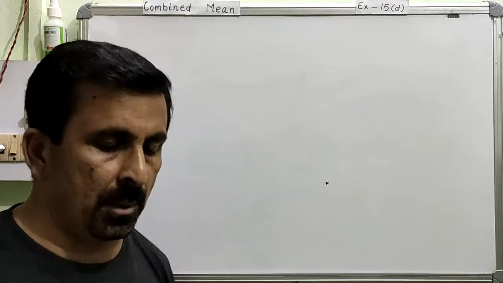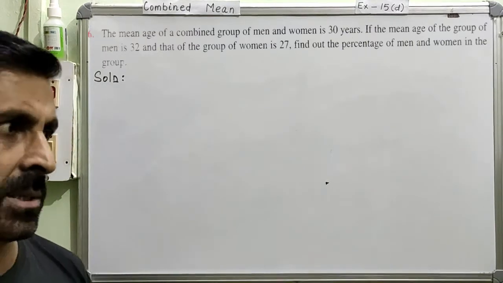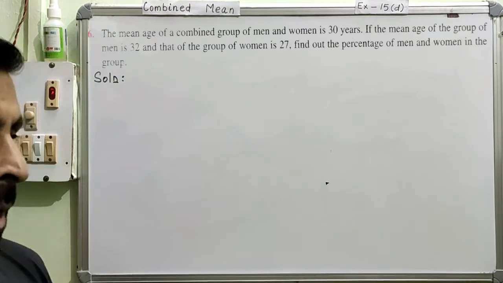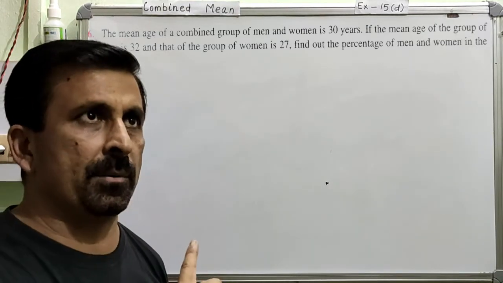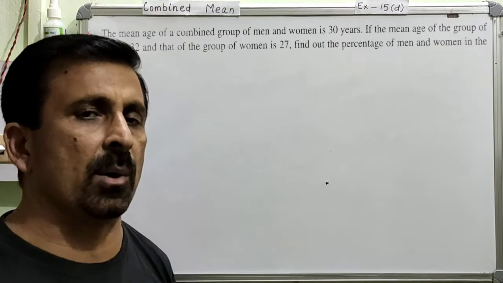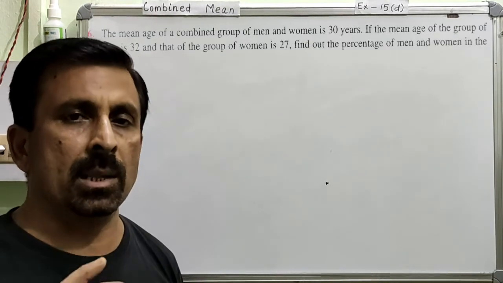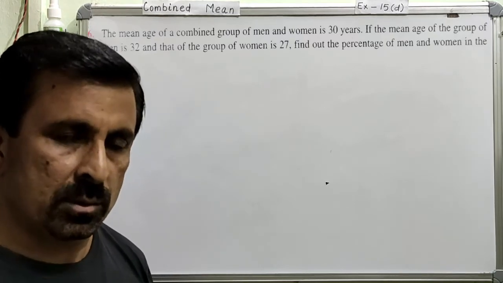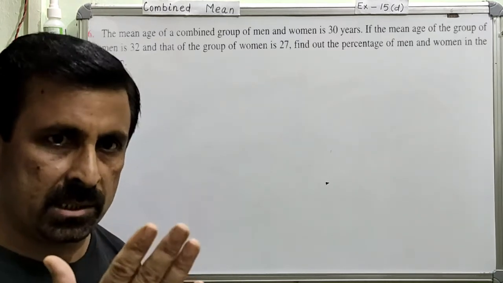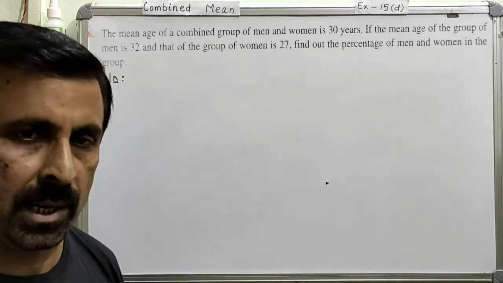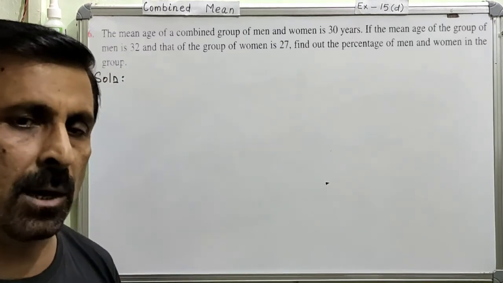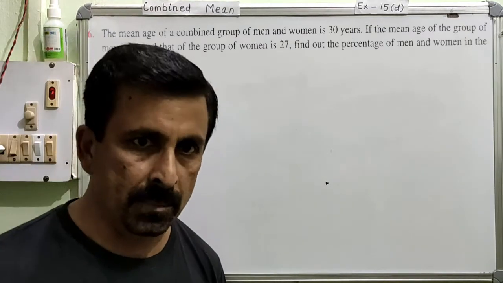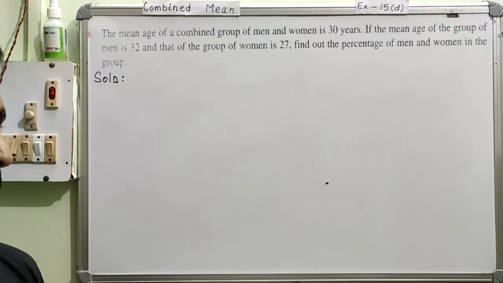Now the next question, we are moving on to question number 6. This question number 6 is a little different from the previous questions. If we go back to our previous questions, you might have noticed what the requirement was whenever we were asked to calculate the combined mean. Till now we have understood that we need the number of all the groups and the mean of all the groups. If we have this information, we are able to find out the combined mean. Now this question is a little different.